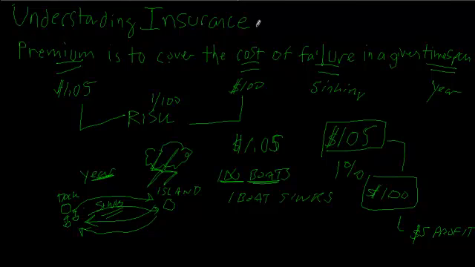And basically, if you should understand anything from this video, it's that insurance is designed to cover against something that is unlikely to occur. Obviously, each person, there's 100 of them, is driving their little boats around. It's unlikely that they're going to get into a storm where it sinks their boat. And so that's an unlikely event. Now, obviously, the odds of them sinking is probably a lot less than 1 in 100, but that's good for this story.